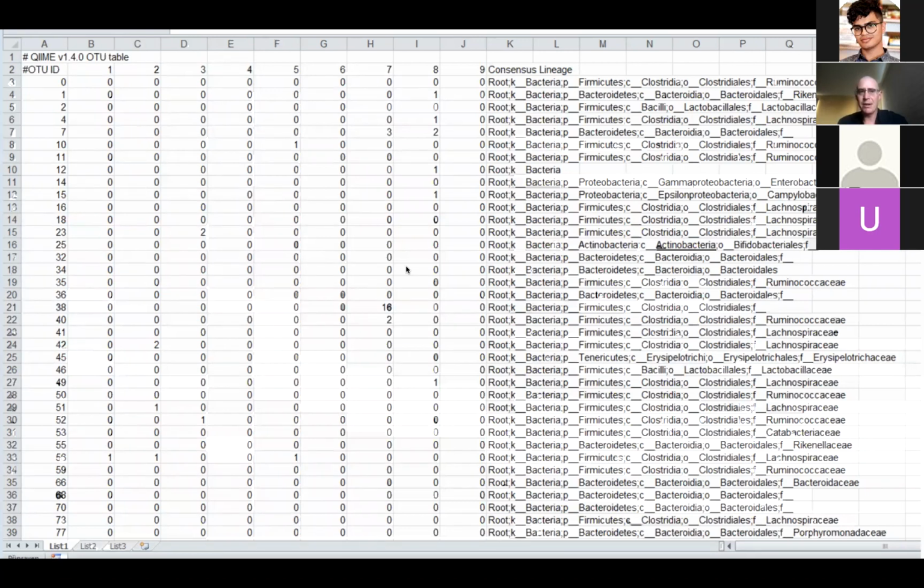So this is what's called an OTU table from QIIME, our microbial analysis software that we develop in my lab, where you can see each row is a different kind of bacteria, each column is a different sample, and there's just 9 samples in this table. And it's very difficult to see the patterns from the data in this form. But in a recent project, not with 9 samples, but with more like 900 samples, with Pieter Dorrestein, we were able to show the value of spatial mapping and interpreting what's going on.